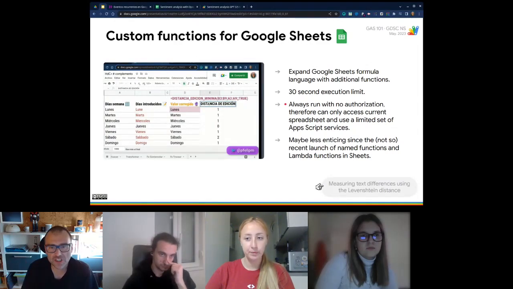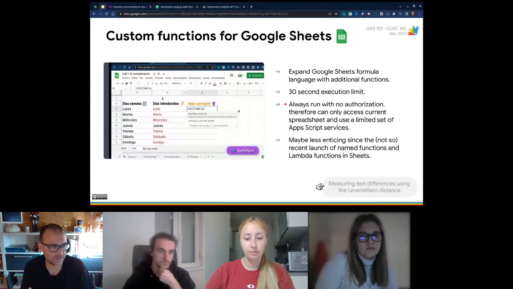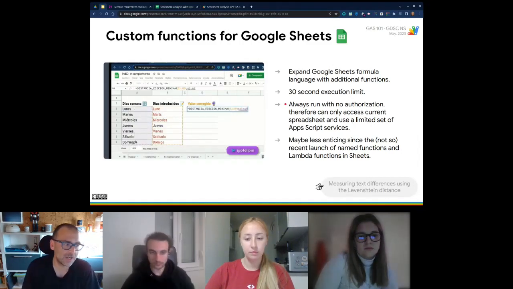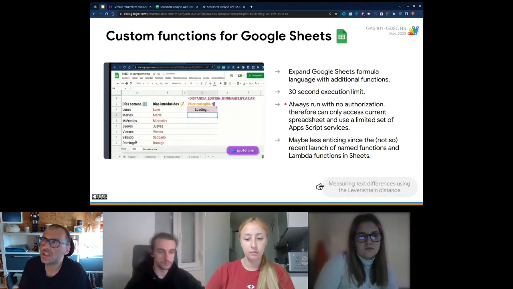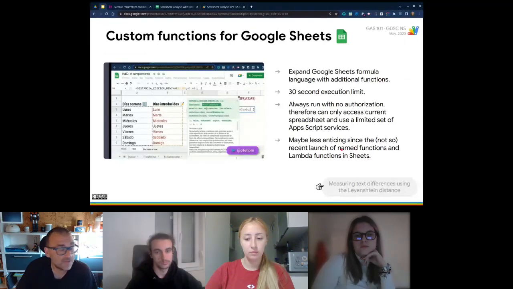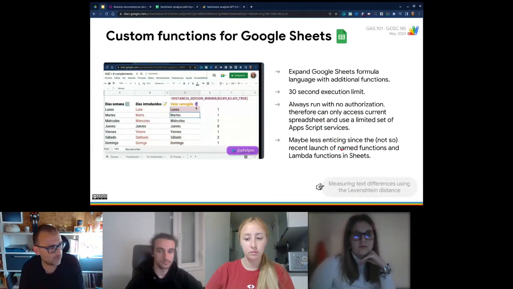They run with no authorization, and because of that, they cannot use the whole set of Google services, just a small subset of them. I think that they are declining to some point, because I think that it was in October, the Google Sheets team introduced Sheets Lambda functions and named functions. So in a way, you can build things similar to this without resorting to AppScript.